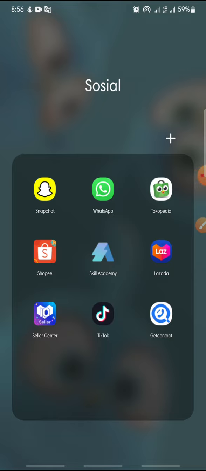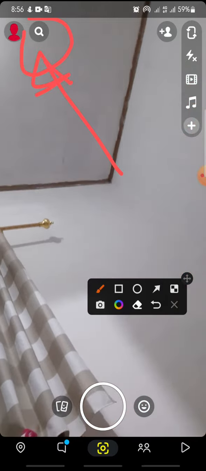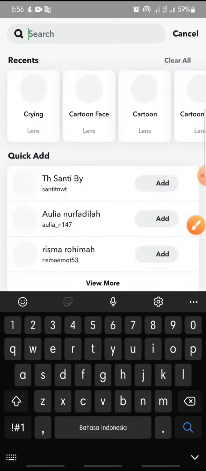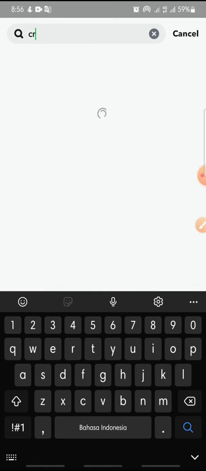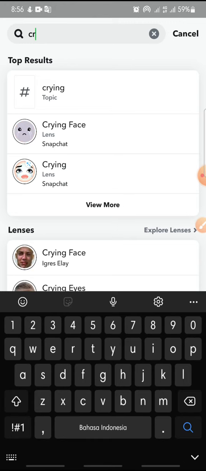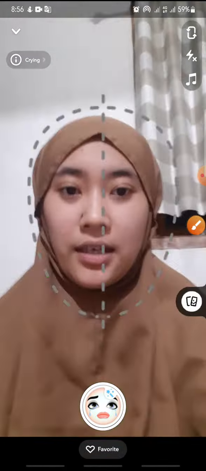Now let's get started. First, open your Snapchat, and in here you can click on this one at the top. Click on it, and in here you can search crying, this one. Click on it, and in here you can like this